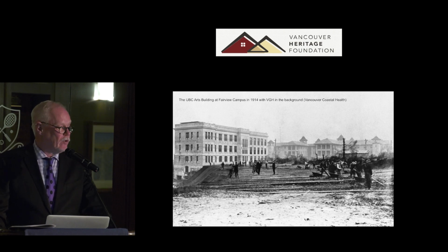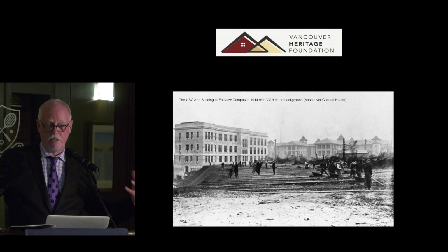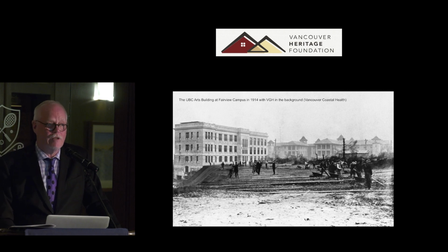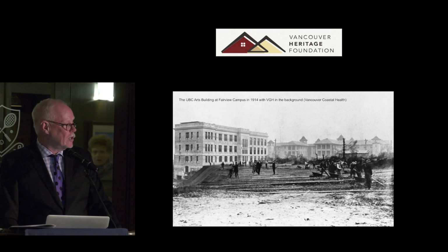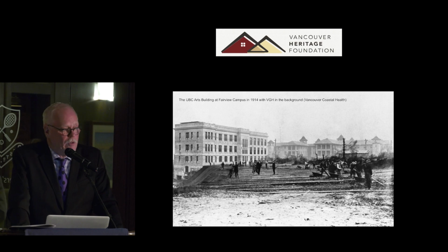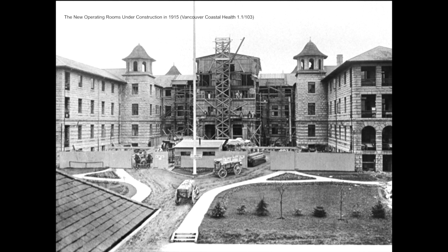So we had the growing campus of VGH and new buildings coming in, the growing temporary buildings of UBC, which lasted till the 1920s and the Great Trek. And we see the campus really starting to fill up. This is just about wartime, during the First World War, when the land is being cleared for what were called the Fairview Shacks, which was UBC